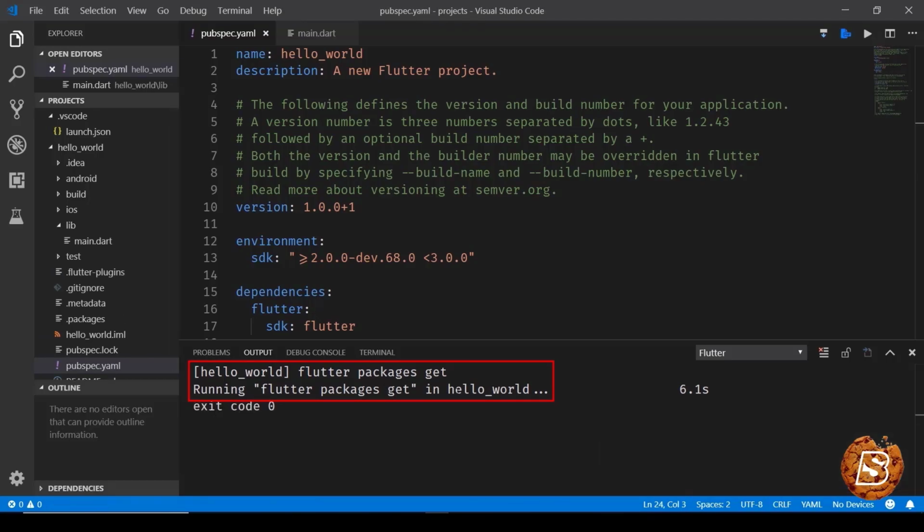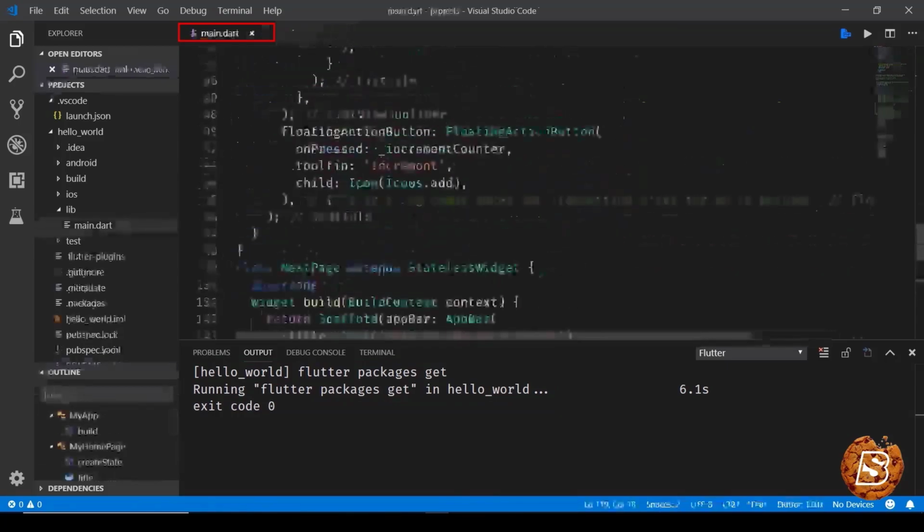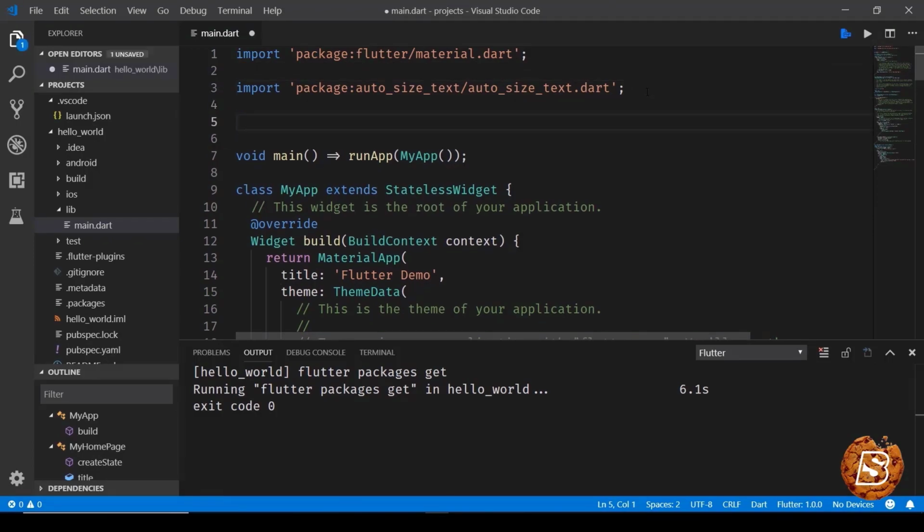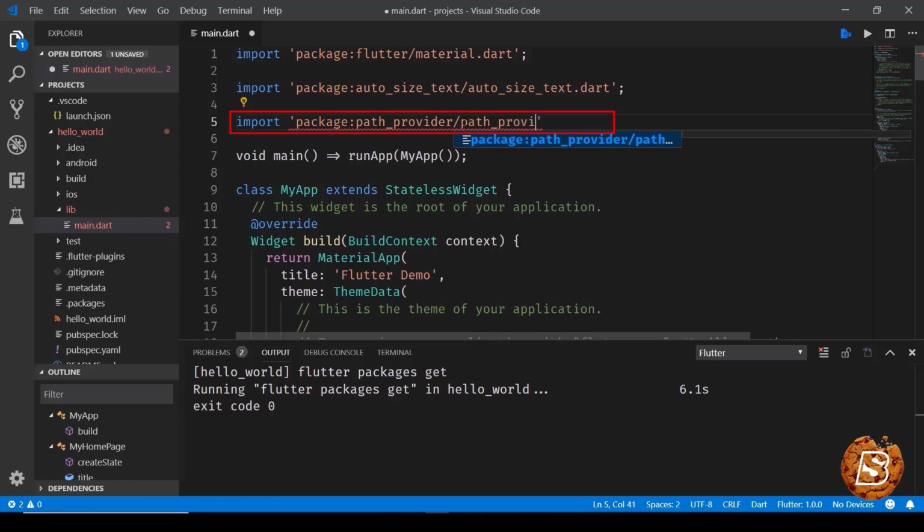That is running flutter pub get in hello world, and it has been installed. Now once the package is there, we'll go to our main.dart file, and here we will be actually including it. So we'll say import, and then just as it says over here, package:path_provider/path_provider.dart;